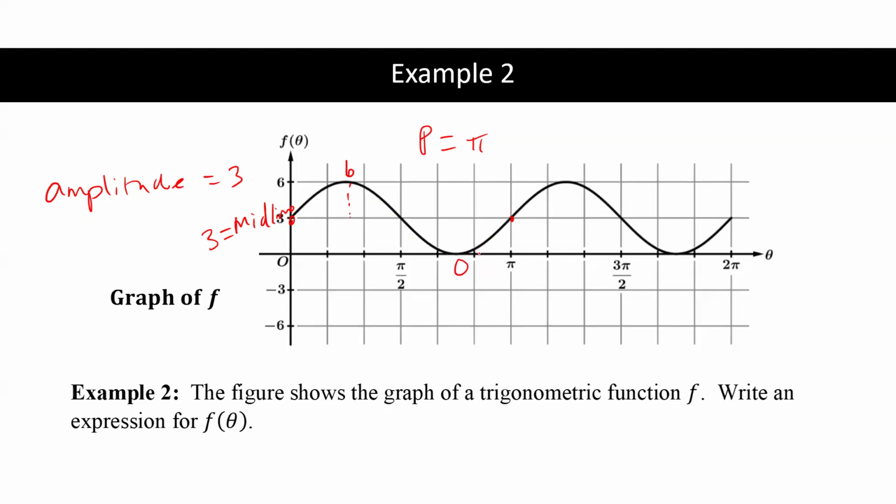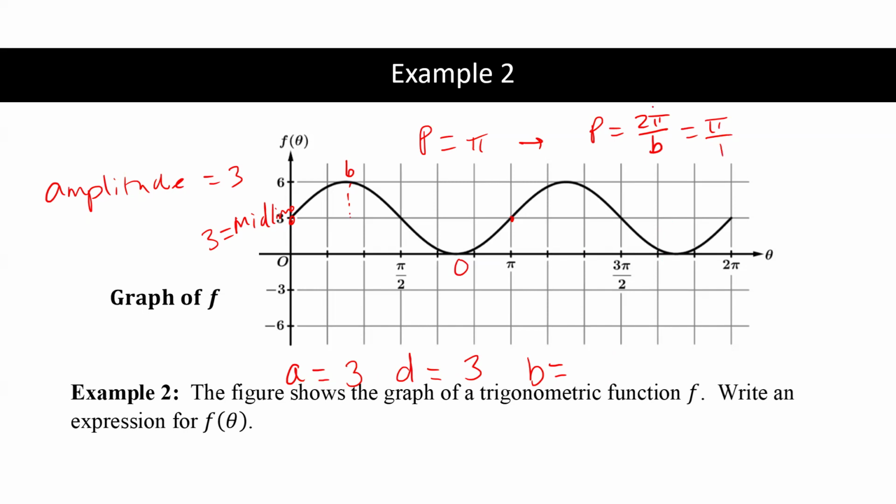So now, based on what we know, what is our A variable for transformation? Our amplitude, which is 3. I'm going to jump to D. What is our D variable? It's going to be 3 as well. And then my B is just going to be 2. Remember, your B comes from using your period. Your period equals 2 pi divided by your B. So if my period is pi,